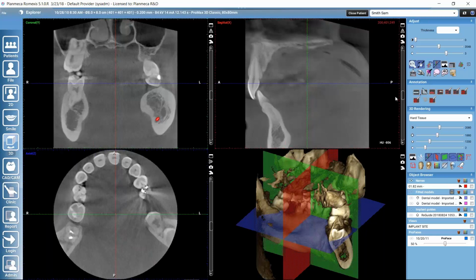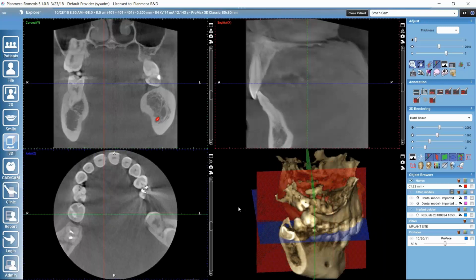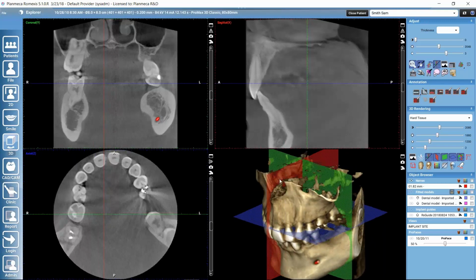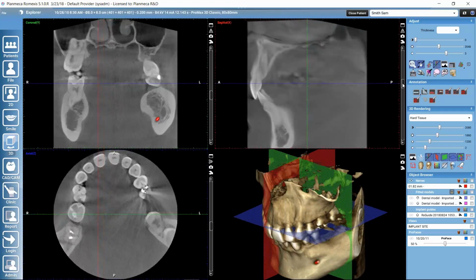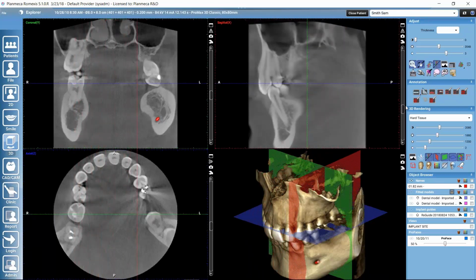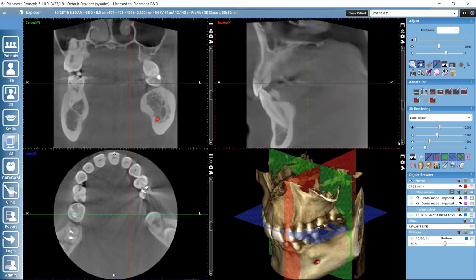So firstly, each of the views has this slider next to them. So if we just grab the slider and move it, we see that we can move in the data. So the sagittal plane gets moved through the volume. And also if we would like to move with smaller steps, so frame by frame, we can use the arrow on one of the ends of the slider. So this allows us to examine still more